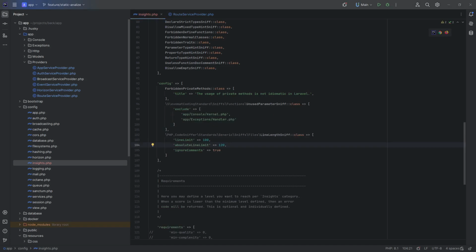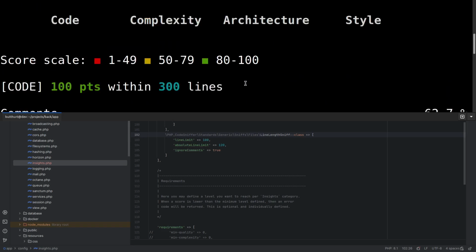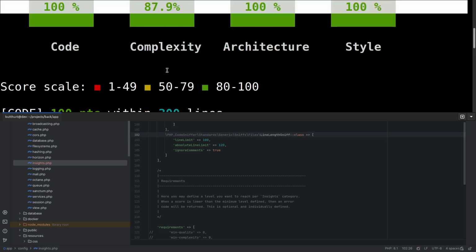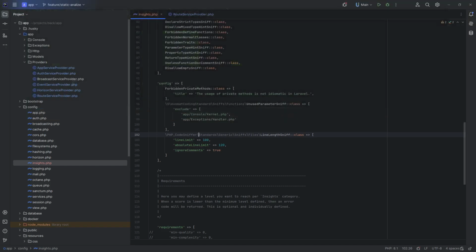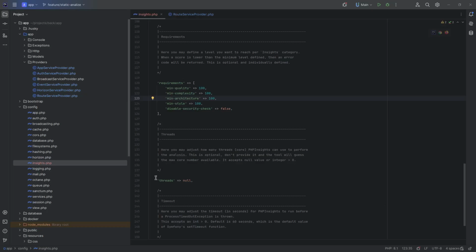It can be useful. Run check commands again, and all good, all green: 100% code, 87 complexity, 100% architecture, and 100% style. All cool. You can find this configuration at the link in the description. And we move on. Go to requirements section, uncomment all, and set min quality, min architecture, and min style always